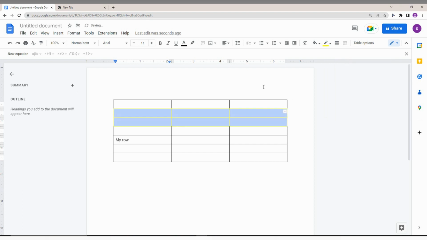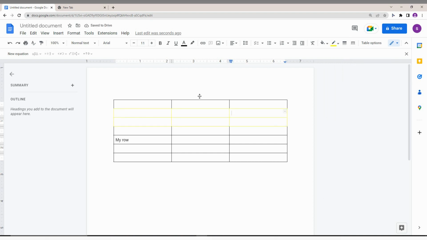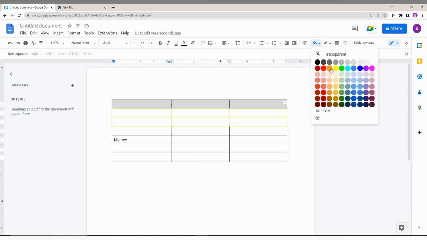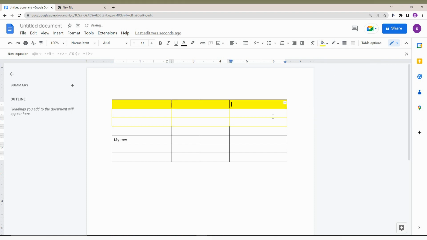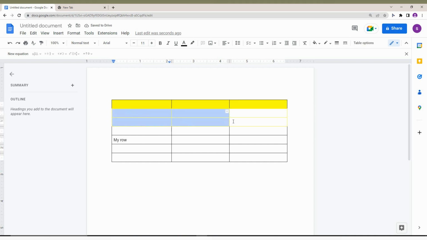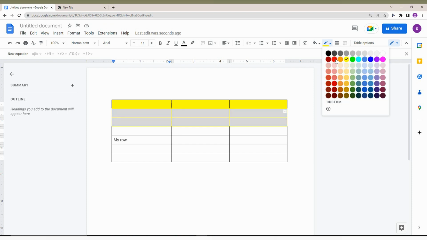You can choose the highlighter option to color the line of the rows, or you can also choose like this, and you can also highlight the whole row or column by using this particular option. Now you can see all the lines. So you can easily enable it, you can just select it, and you can also change the color by using this